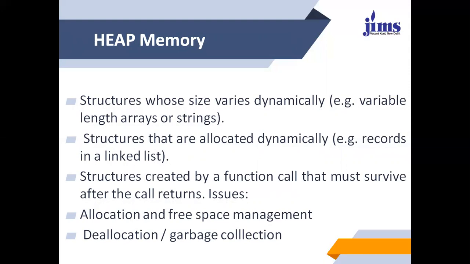So can you give me an example of static memory allocation? Yes, array is an example of static memory allocation, whereas linked list, queue, and stack are the examples of dynamic memory allocation. You all have studied list, queue, and stack in data structures, and you have studied arrays also in C and data structures both as well. So these were the examples of static and dynamic memory allocation.